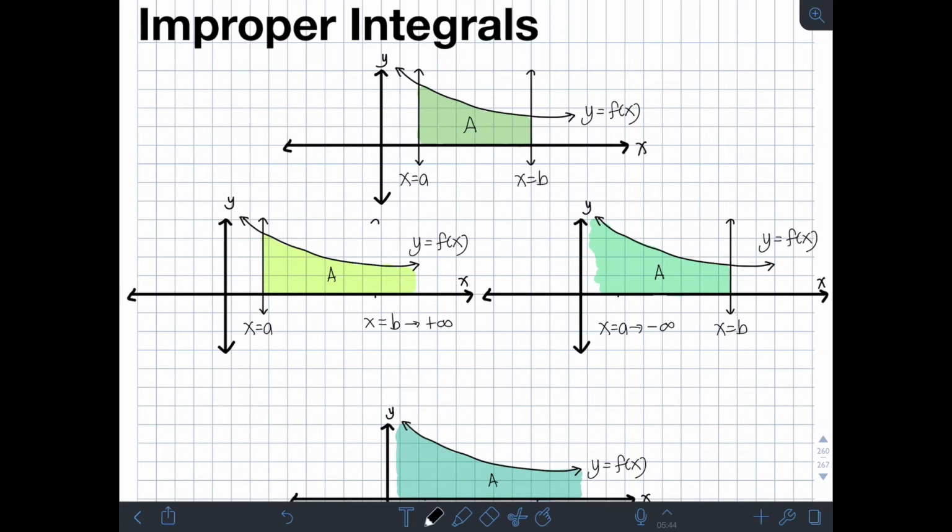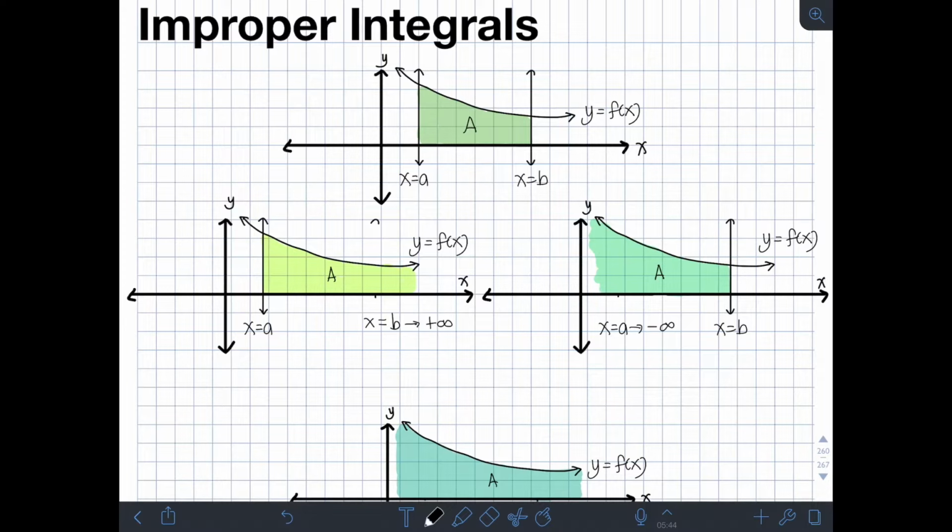Okay, so this time ay tuturo ko naman sa inyo ang improper integrals. Okay, so ano ba ang improper integrals? So i-illustrate ko sa inyo kung ano yung geometric interpretation natin ng improper integrals. So, as a background, kung i-consider natin yung definite integral na naturo ko naman na sa inyo sa previous video